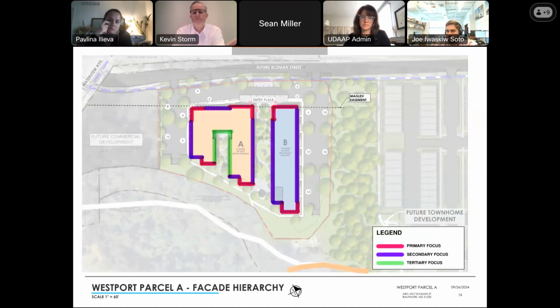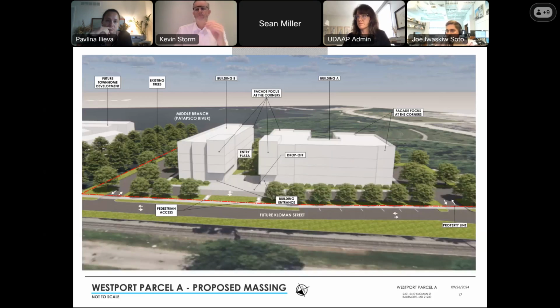This was kind of a stab at looking at what the architecture would look like. The pink is saying this is where we're going to spend the most focus, where we want to highlight the architecture on the facades. And then the purple is a secondary focus, although that is still a majority of the building, and also where we need to come up with a rhythm of bays down these longer facades. And then the green is the interior courtyard space. Again, we're still working on the architecture, so this is just to give the idea of what we're looking at. And then this is just a massing of